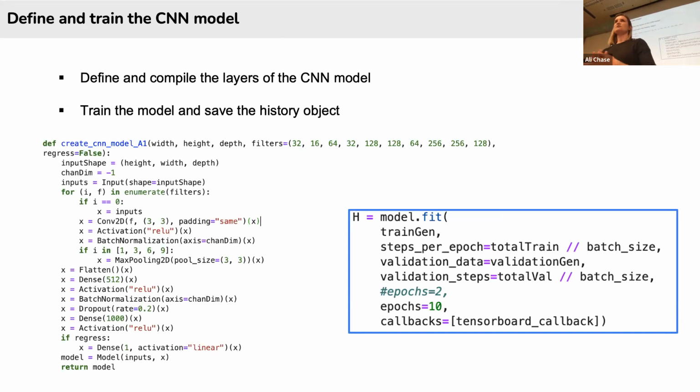And then we define the model. So I wanted to show this for people who maybe haven't done deep learning. I had only dabbled a little bit before I started this project for the data incubator. And of course, it can be sort of infinitely complex getting into deep learning, but to start, it can also be very simple. So we used Keras, which is an open source library of software functions used for deep learning. And this on the left, where you see the defined function create CNN model, A1, is actually from Emmett. We made some small changes, but it's built off of one of his model functions.